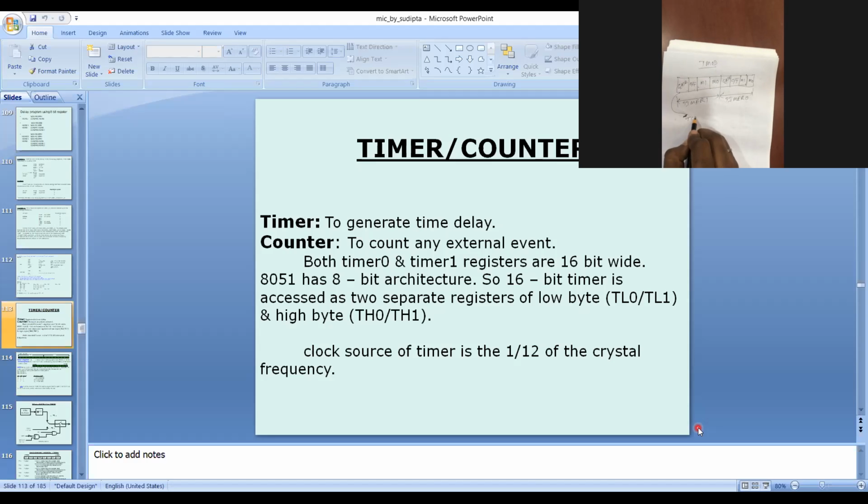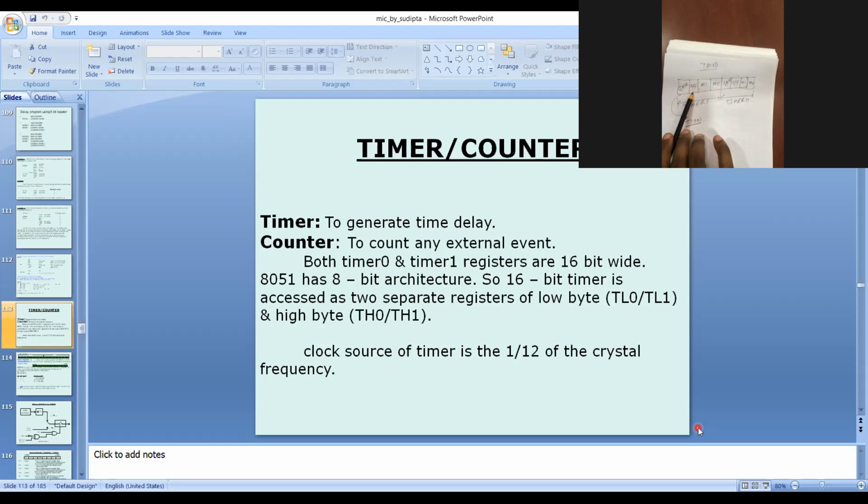I am also telling you about the TCON register. There is a bit in the TCON register which sets or resets this gate pin. After this bit is set, timer 1 will operate. After this pin is set, timer 0 will operate. If both are reset, then both timers will not be working. If both are set, both timers are working, counting the clock pulses. Is it clear? Yes, sir.